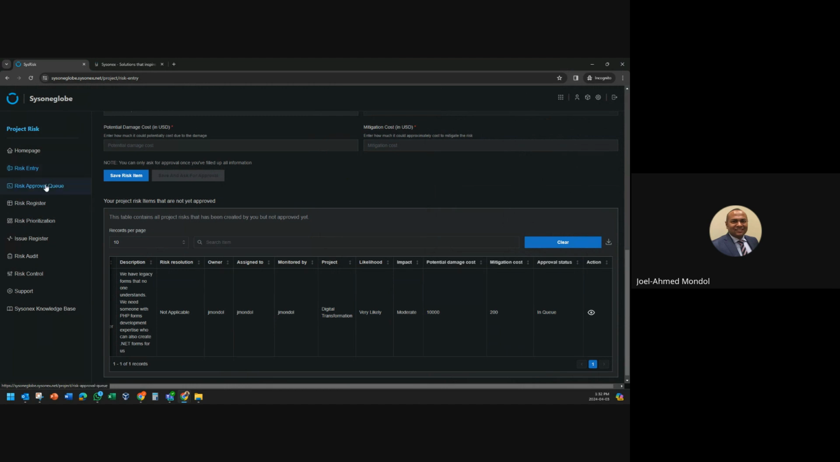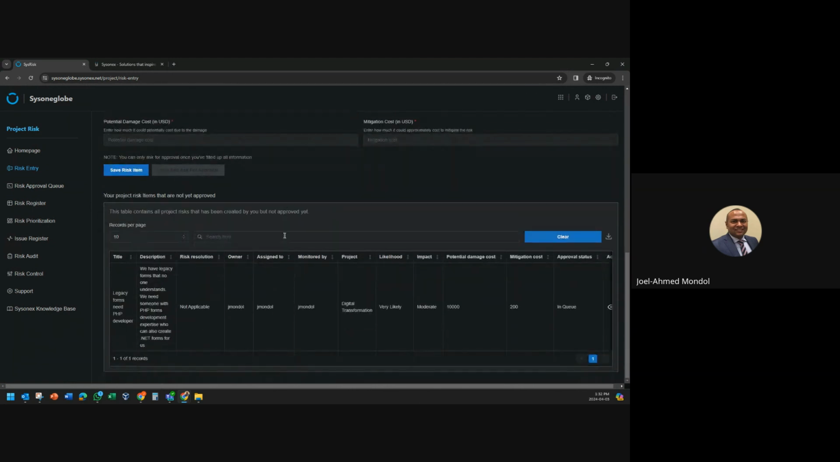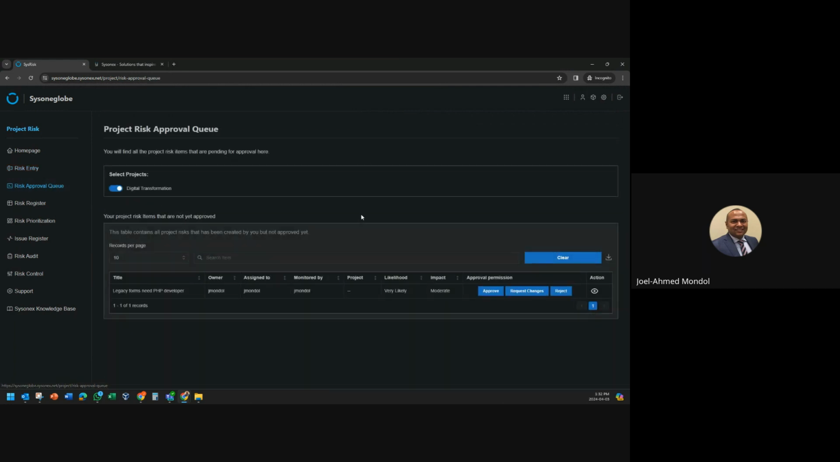So you've entered a risk, but that does not mean it is yet a risk entry within your organization or within your own little project. So you go to the risk approval queue. Do you want to approve it? Yes, you do want to approve it. You can request change, reject, etc. But if you approve it,